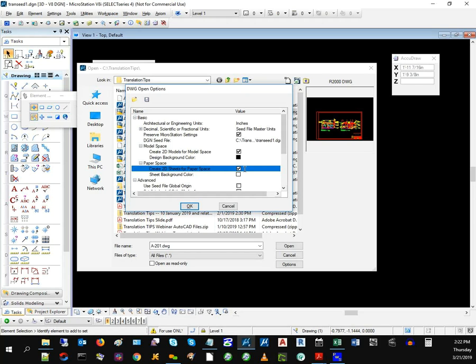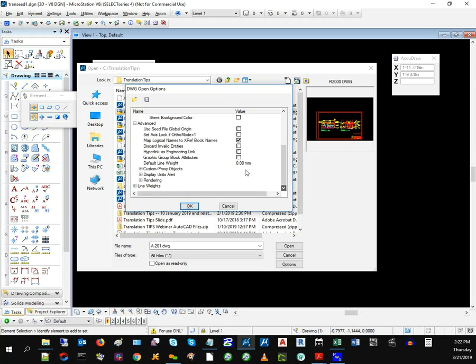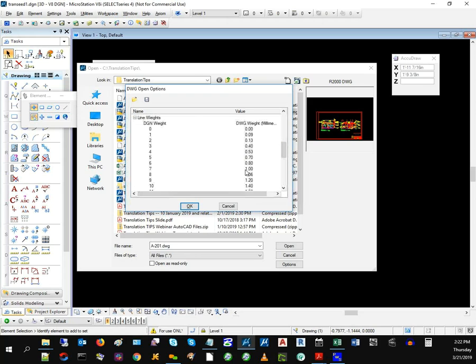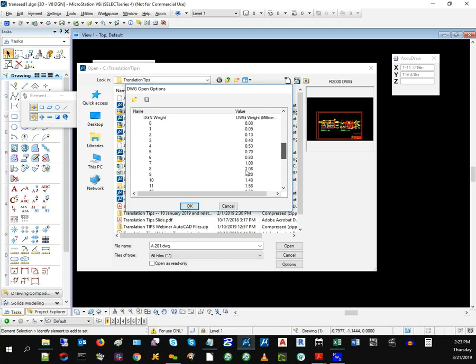Now, these are all the basic category, and then I showed you what was in the advanced area for the global origin. And another thing that you can handle also in this settings area is line weights. Now in MicroStation, you have arbitrary numbers assigned to line weights. In AutoCAD format, though, you have specific measurements that are set for each line weight, as you see represented here. So what you can do is, if you want all the line work to appear the same, then you would map each one of these. You can just click on the number here